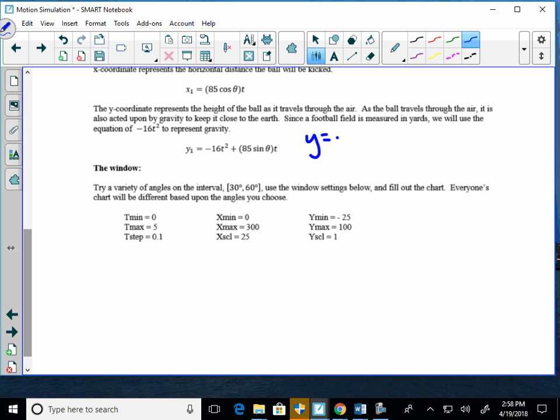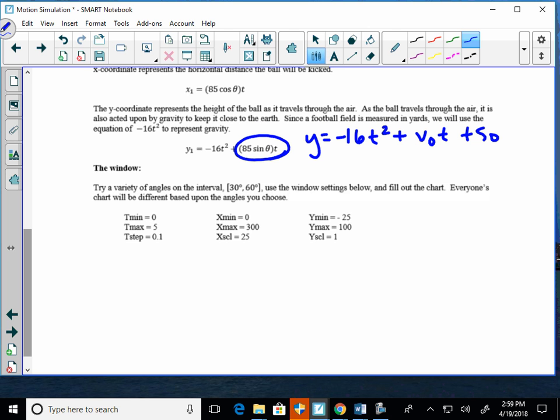We've learned this in chapter 2. It's negative 16t squared plus velocity times t plus height. So that's what they've done here, negative 16t squared plus 85 sine theta times t plus 0, because it says